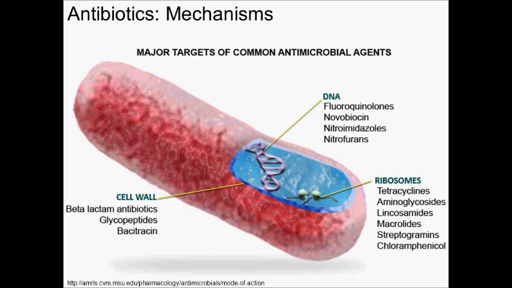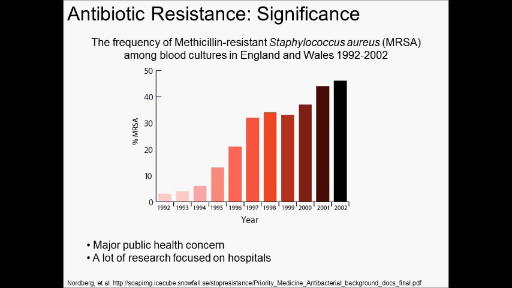bacteria. Unfortunately, bacteria relatively rapidly develop resistance to antibiotics. Here is an example. This shows the percentage of resistant strains found in blood culture, in this case methicillin resistant Staphylococcus. You can see that in a period of about 10 years or so, the resistance has gone up consistently,